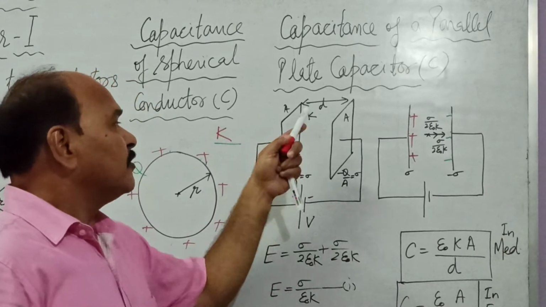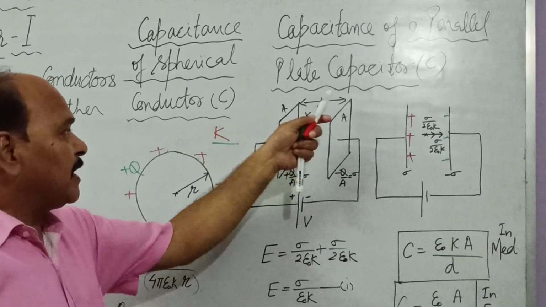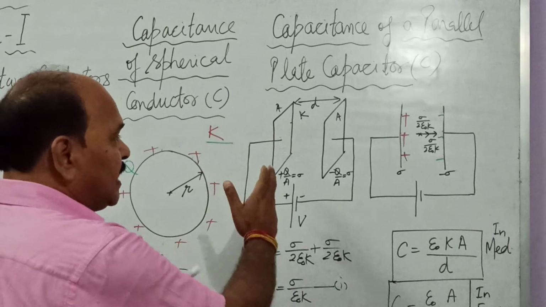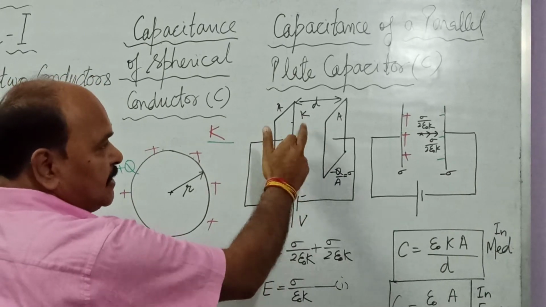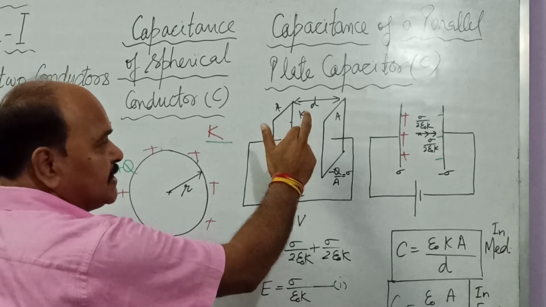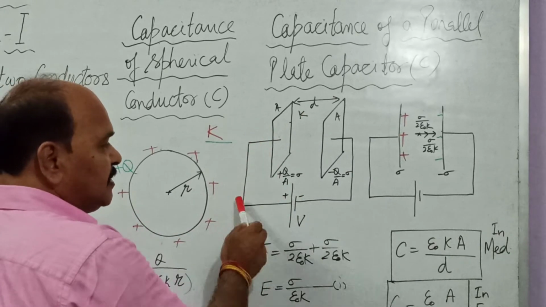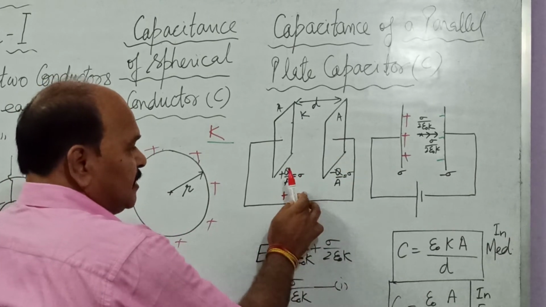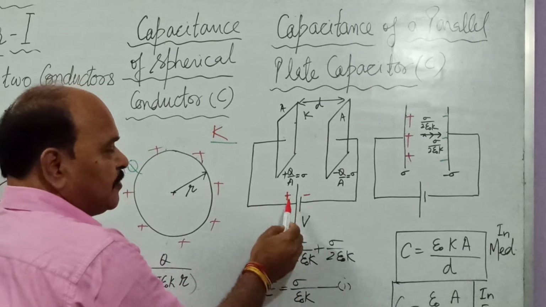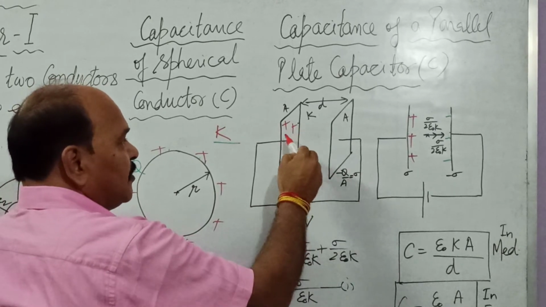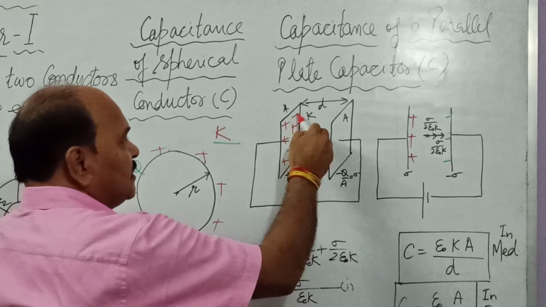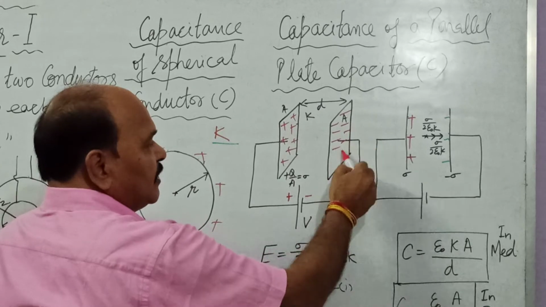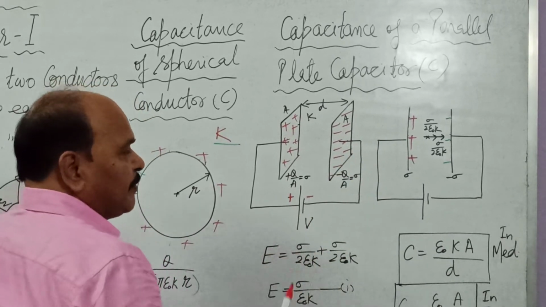Well, we are already familiar with what a parallel plate capacitor is. These are two conducting parallel plates kept close to each other, and in between the two plates is a bad conductor, or the medium whose dielectric constant is K. This plate is connected with the positive terminal of the battery, and this plate is connected with the negative terminal of the battery. And because of the positive terminal, this plate will have positive charge all over it, and this plate connected with the negative electrode will have what? Negative charge all over it. Now what happens?